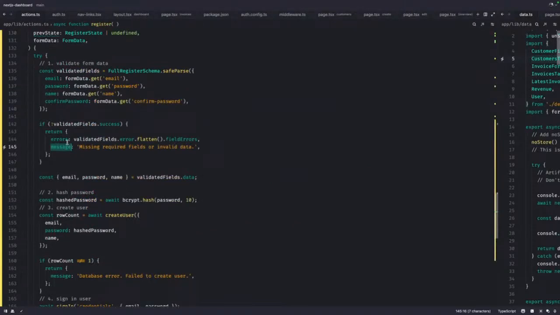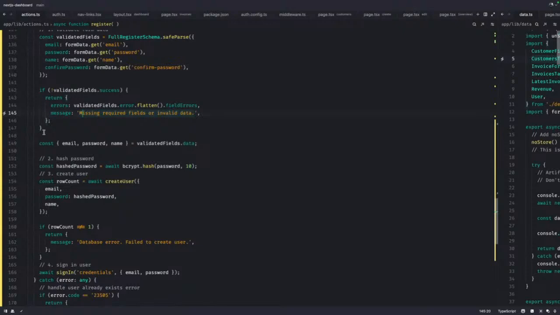And so when it does the error message and the error check, if it is successful now, then from the data that is being returned, this is the confirmed data that the schema has cleaned, which is validated, field dot data. Then we can extract out our email, password, and name. Then we can go on to hash the password using bcrypt dot hash.